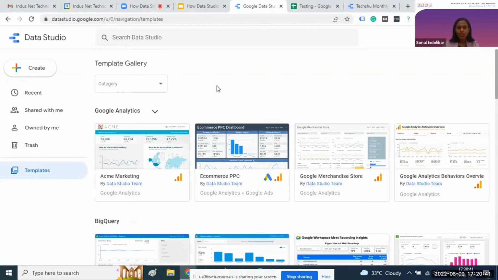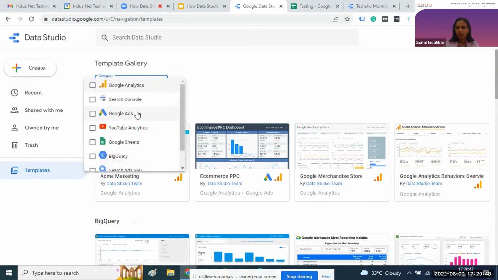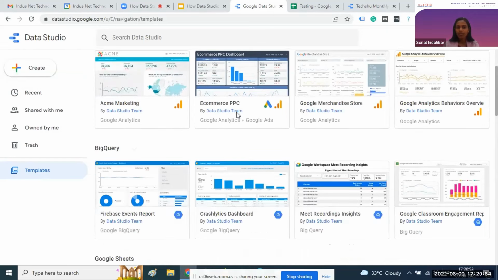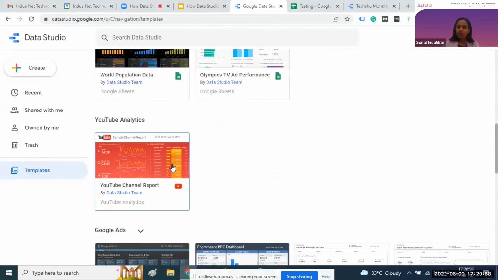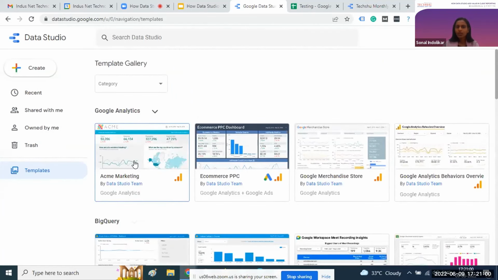If you want to create a report related to Analytics, you can select the Analytics property in the drop down. If you want to create an AdWords related report, you can select that drop down. Likewise, they have provided sample report formats as well. Using this sample report format, you can easily create your own report. You just need to establish your own connection to that template.